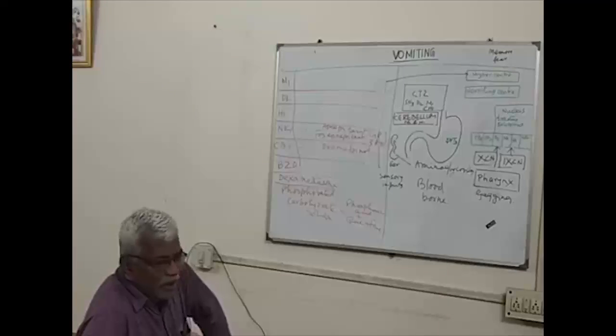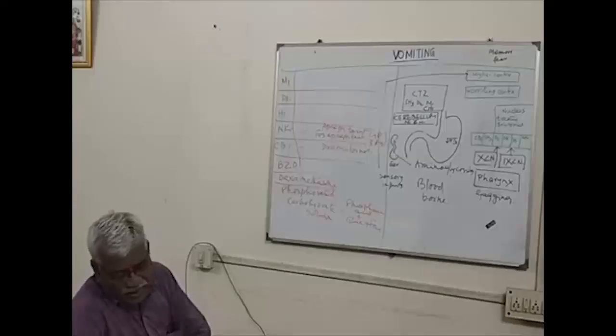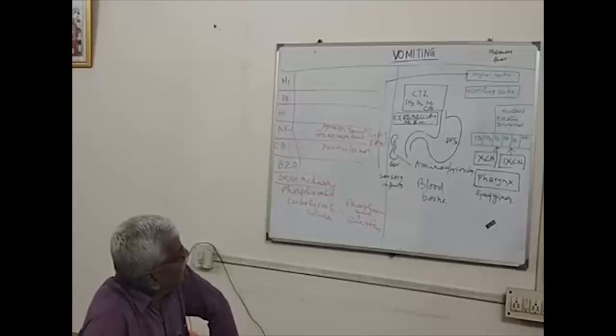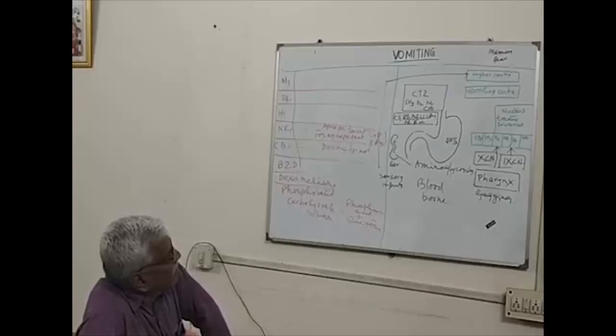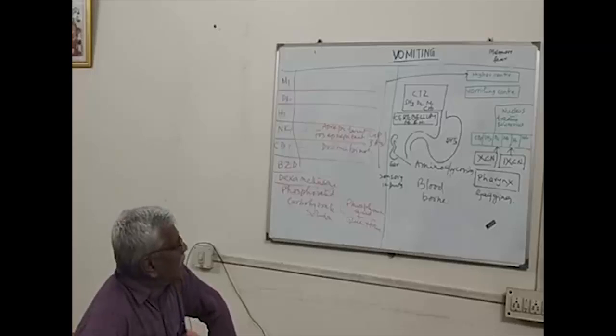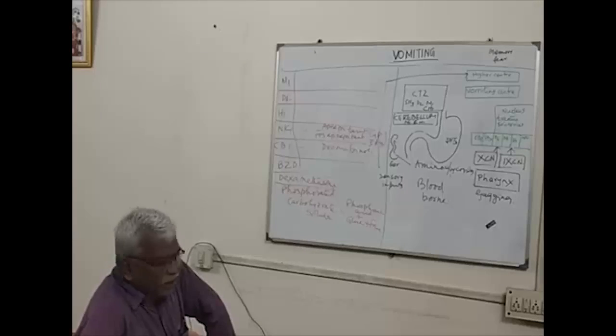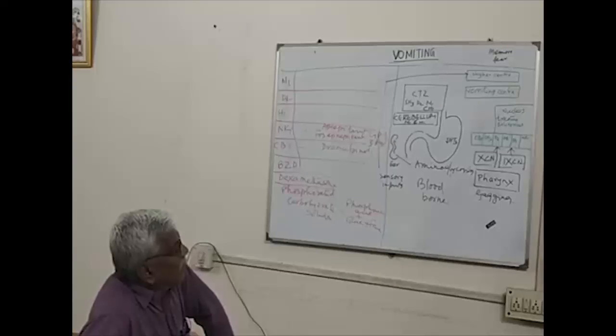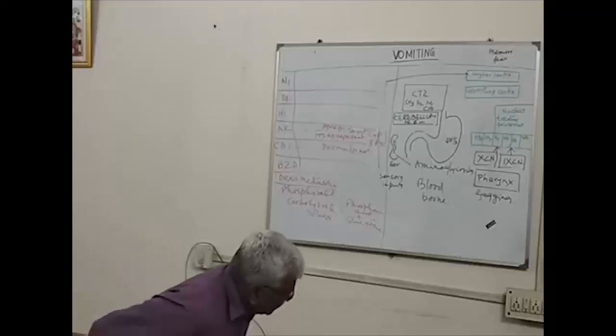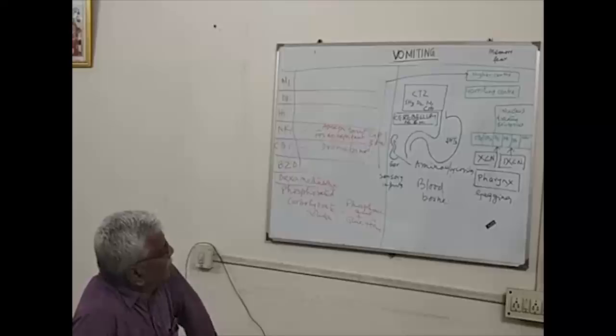Now, why is there vomiting? What triggers vomiting? In order to understand the different drugs which are effective in vomiting, one must know the different mechanisms and the different receptors which are involved in the process of vomiting. Now, the vomiting centers are present in the base of the fourth ventricle, which is not covered by the blood-brain barrier. Therefore, it can easily analyze the toxic material which is detrimental to the central nervous system,